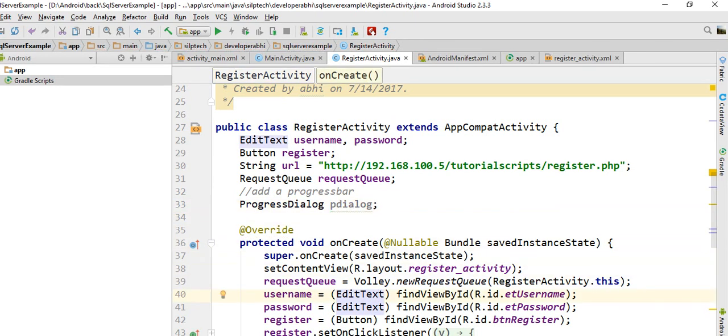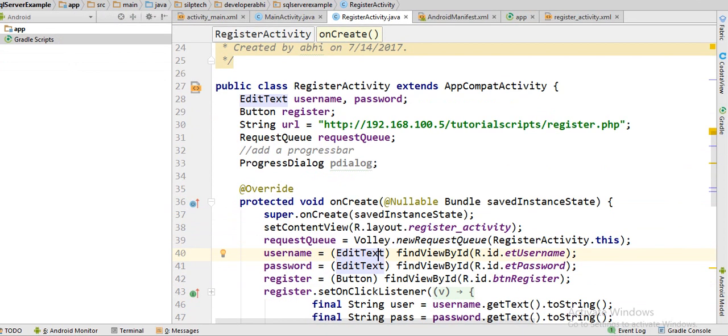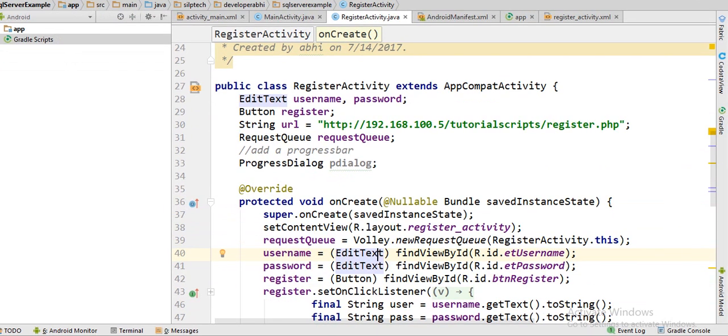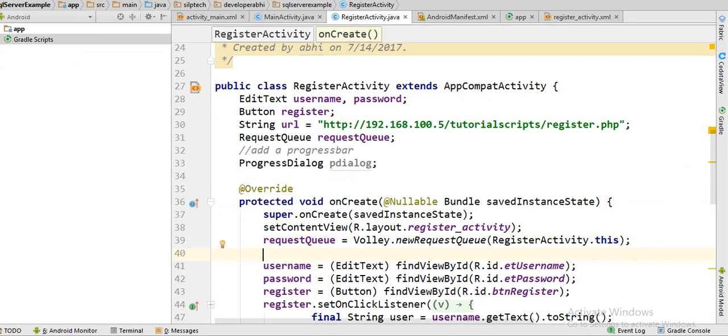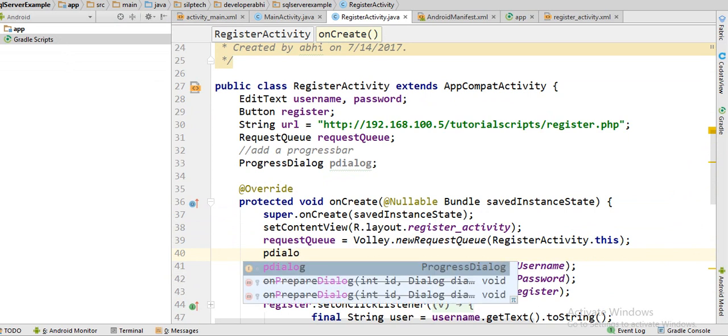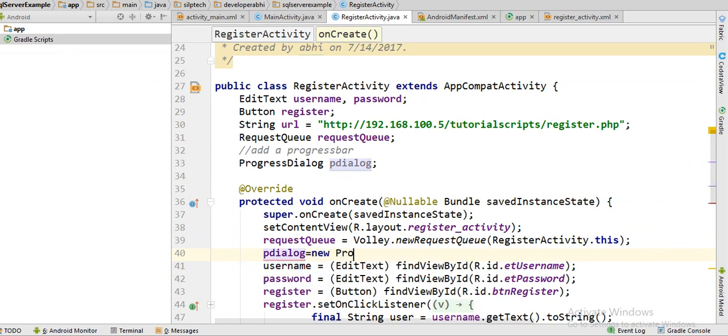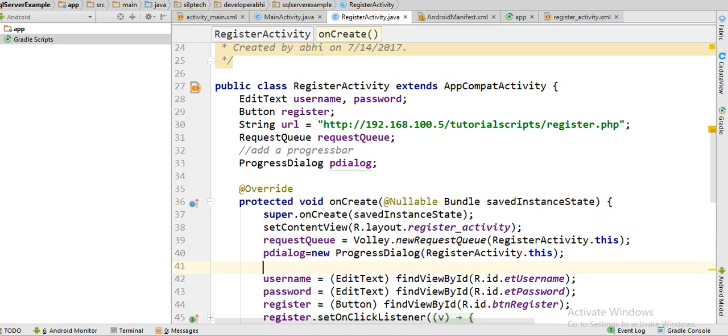And then initialize it here, somewhere around here. Okay, p dialog, and then p dialog